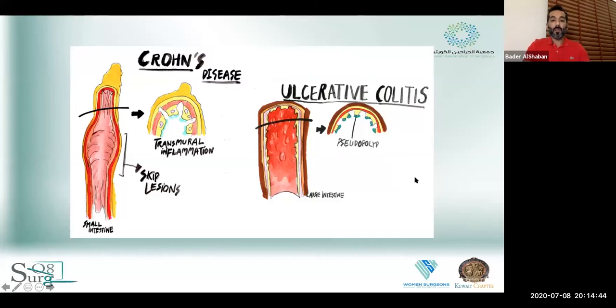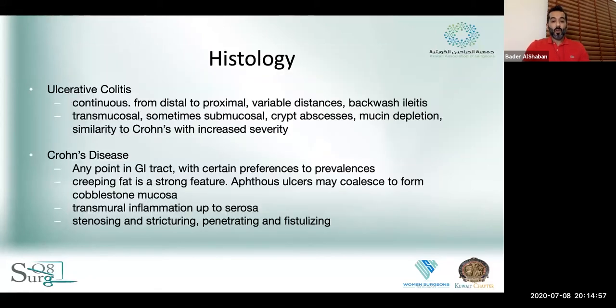With ulcerative colitis, it tends to be continuous in nature. It tends to restrict itself to the submucosa, unlike the nature of Crohn's, where, like I said, it's transmural. And just to note what I just said, ulcerative colitis tends to be continuous. It goes from a distal point to a proximal point. Sometimes you might have what's called rectal sparing. It tends to be at variable distances, and sometimes you might hear somebody having UC that is distal versus pancolitis